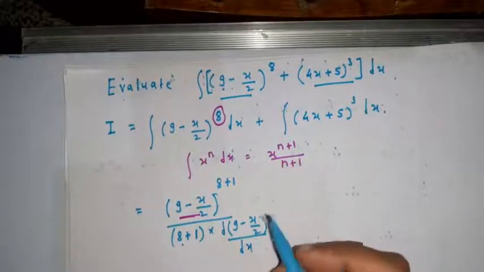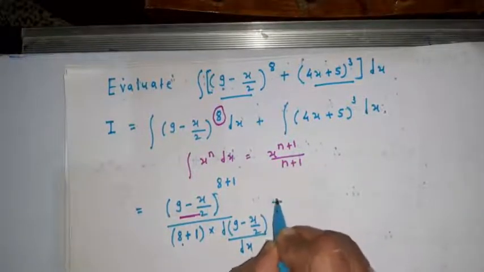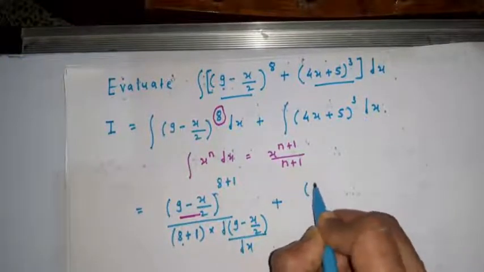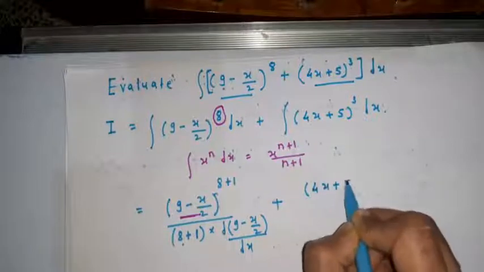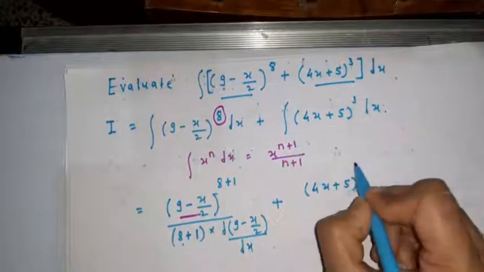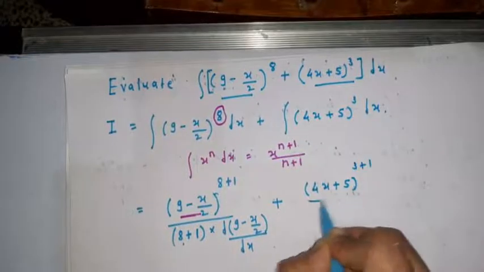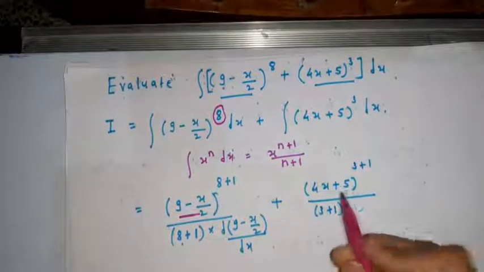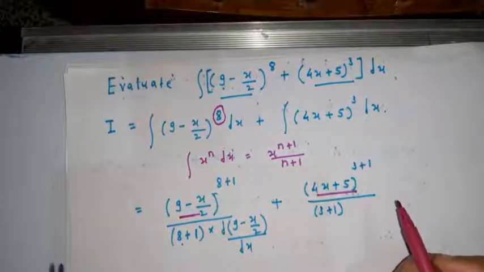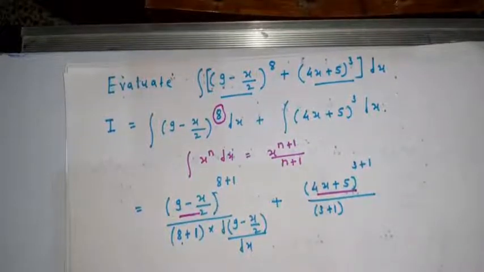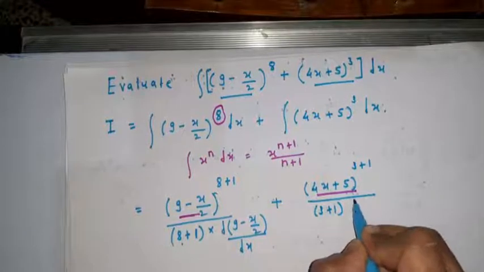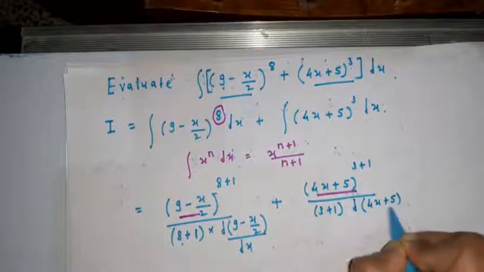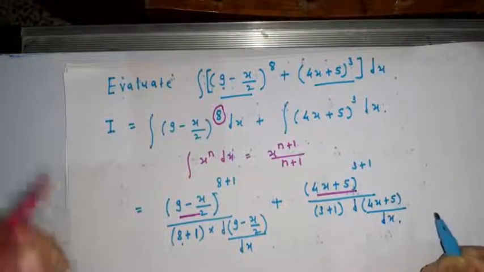Okay students, so here similarly here that is 4x plus 5 raised to 3 means here 3 plus 1 upon 3 plus 1. But see here the term 4x plus 5 is again differentiable term. So take its differentiate at the denominator. Okay, and in this way you have to find out the integration of 4x plus 5 upon x. Students,